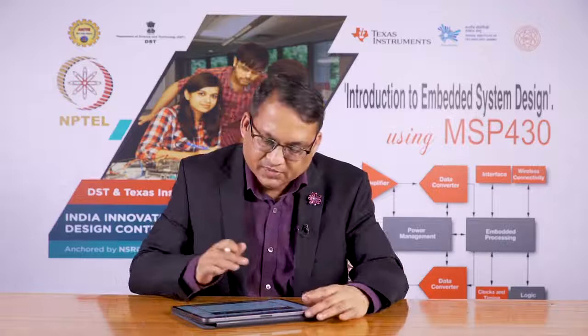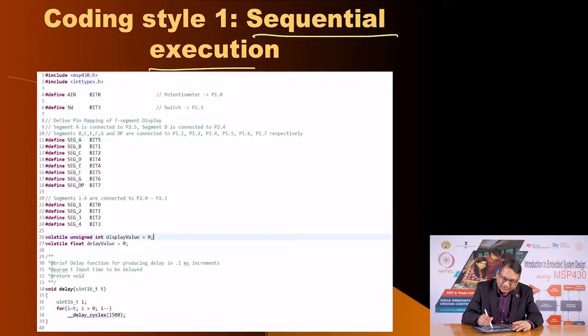Now, if you use this, you would see that when you use the potentiometer to change the refresh rate, you can actually see the refreshing of the displays changing gently from one extreme, where all the 4 digits are on at the same time. You are able to gently reduce the refreshing rate, and you will actually start seeing individual digits. You will first see flicker, and then the flicker will increase, and then you will actually see each digit being turned on one after the other. This happens even when you are running this part of the code, that is the sequential style of programming. You will see that happening there also,